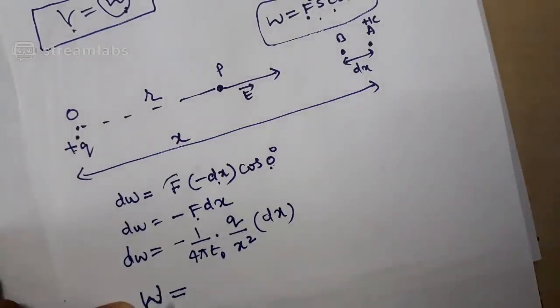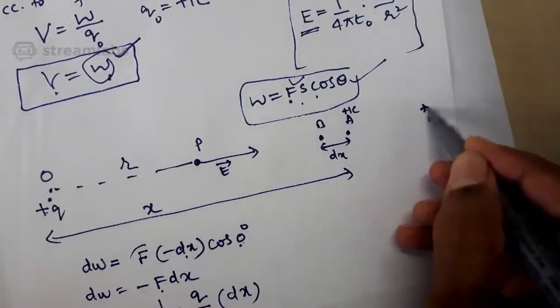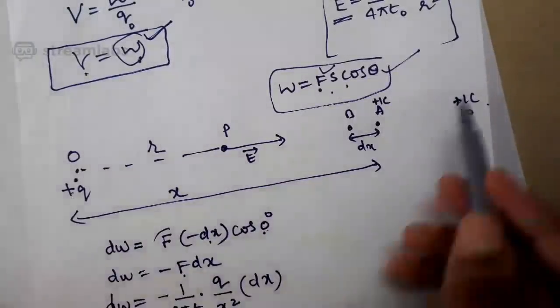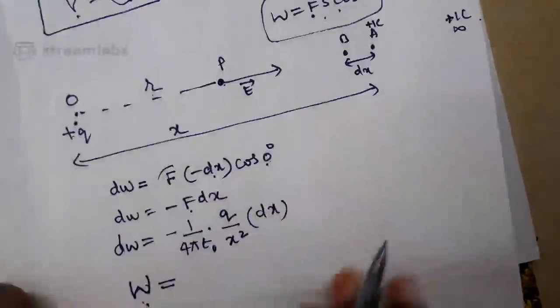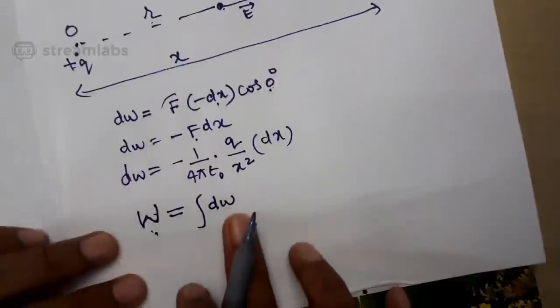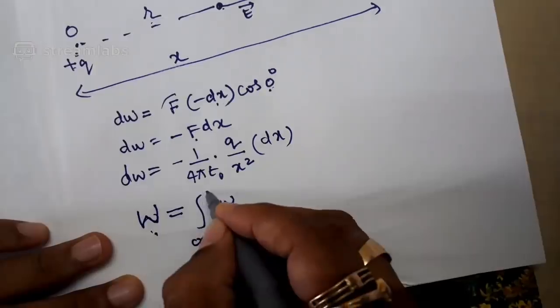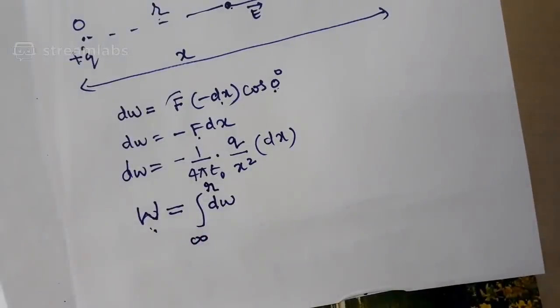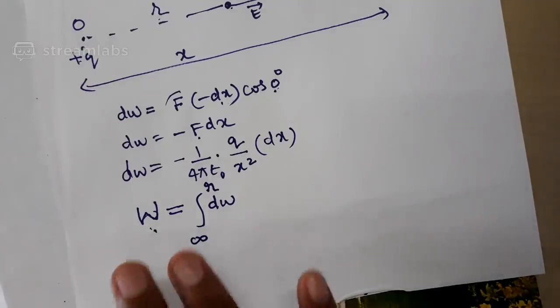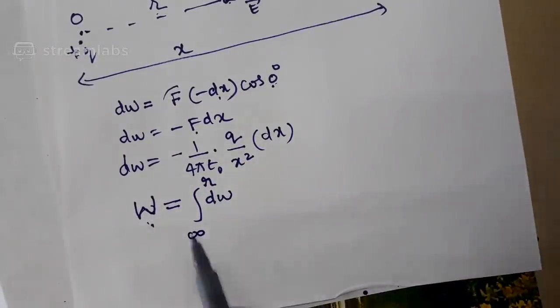Means this W, which is the total amount of work done in moving a unit positive charge from infinity, a plus 1 coulomb charge which is at infinite distance from plus q charge, to a point which is at a finite distance from plus q charge, can be found out by integrating the above small work done. The total work done can be found out by integrating the small work done within the limits infinity to r. This is a major part of the discussion now. Why is the limit from infinity to r?